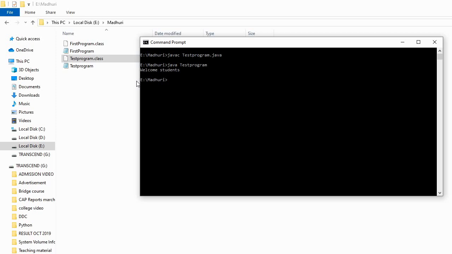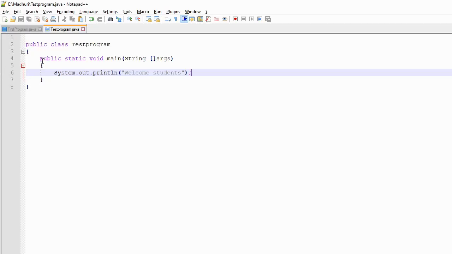Is it clear how to execute your first Java program? Now we will modify this program a little bit so that you can complete your practical number 1. Suppose I would like to add two numbers. For adding two numbers, I need two variables to store these values. Suppose I want to add two integers, so I will declare int a, b. These are the two numbers, and of course the addition. I'm using c as a result variable. You can use any variable name.